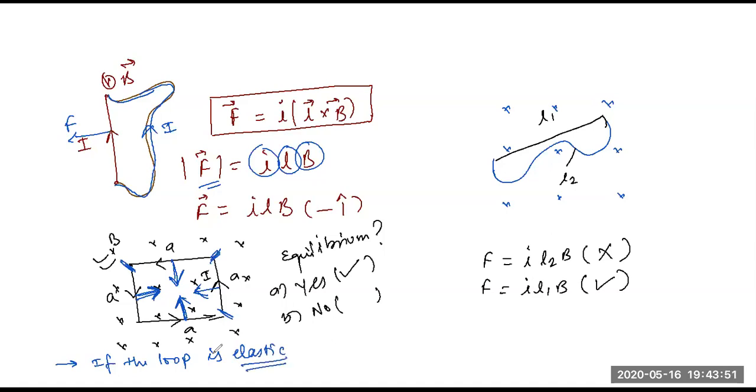Now, one more question that can be asked from here is, if the loop is elastic, that means it can change its dimension. What will happen? Whether it will compress or expand, compress. Will get compressed, right? So sometimes they'll ask you a question, right? They'll put a circular loop, they'll give you some direction of magnetic field and they'll ask you whether radius will increase, decrease or what will happen, right? So since the forces are in inward directions, it will get compressed, right? Got it or not? Yes or no? मुझे लगता है आ गया होगा तुम्हें, क्योंकि तुम लोग genius भी तो हो.